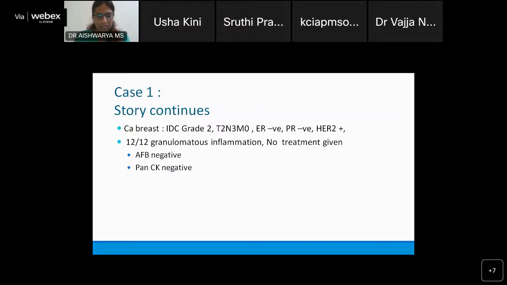Because the granulomata can appear in response to metastatic carcinoma cells in the lymph nodes. So it may be a very good host response. But they say maybe it is the tumor antigen to which you have a granulomatous inflammation. But it's mandatory that you do your immunocytokeratin to prove that these lymph nodes are free of malignancy, right? And in this case, it needs no treatment for the granulomatous inflammation because they were tumor negative, AFP negative. On the whole, they have just treated her for the CA.